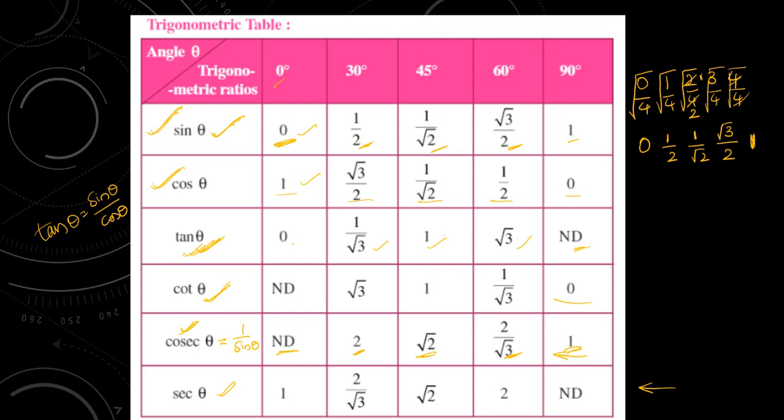So if you can remember the first line, then you are going to get the second line. After dividing the first line by the second line, we are going to get the third line, tan theta. After tan theta, if you write them in reverse order, we are going to get cot theta. To get the values of cosecant theta, what we can do is just reciprocate. Reciprocating means writing upside down, right? So writing upside down, we are going to get the values of cosecant theta. Then from there, if you write them in reverse order, we are going to get the values for secant theta.